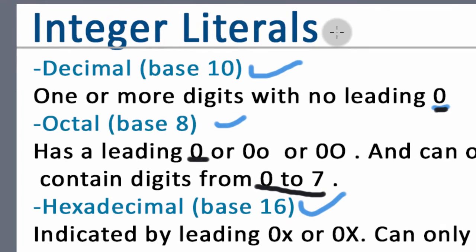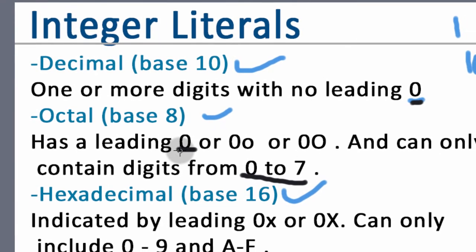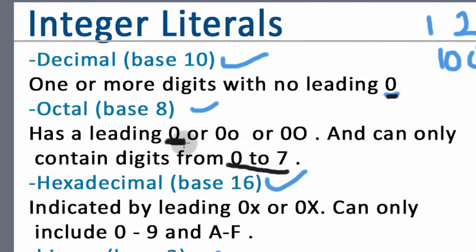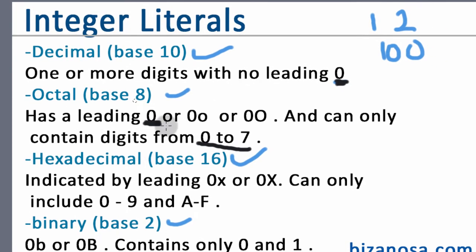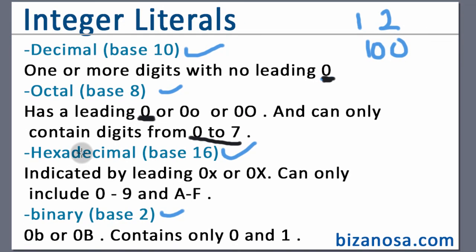So that's it for this video, and in this video we have seen a clear distinction between the leading 0 and no leading 0 in decimal and octal numbers. So in the next video, let's look at the hexadecimal. Even though we had looked at it in one of the last videos, let's just go and look at it again in the next video.